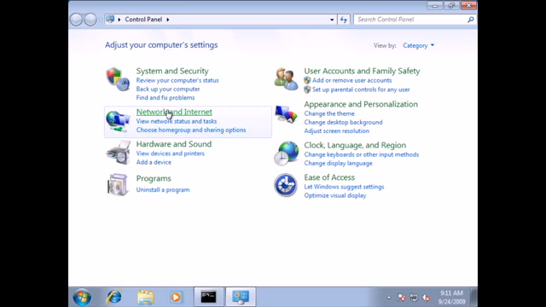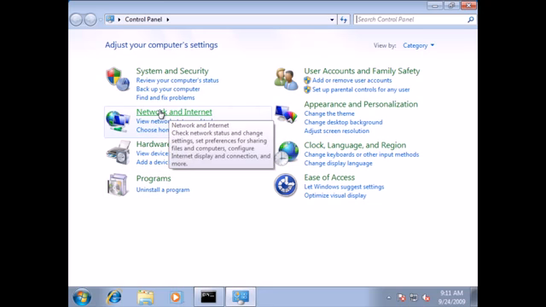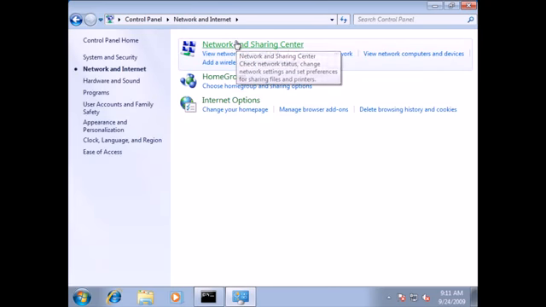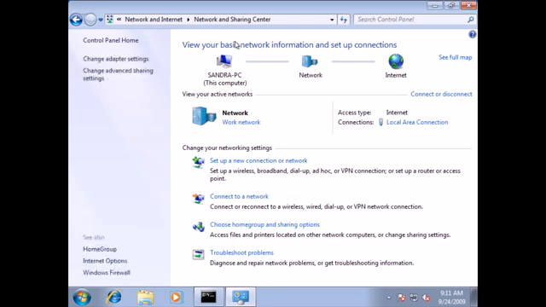We of course need the category of Network and Internet. And we'll go into the Network and Sharing Center. And in the Network and Sharing Center, we have a lot of different information about the network itself. Now, I will truly tell you that this demo is about configuring TCP/IP, and it's going to be right here in the LAN connection. So ultimately, this is where we're going to end, but because the LAN connection needs to be configured according to your network, I just want to spend some time looking at some of the other